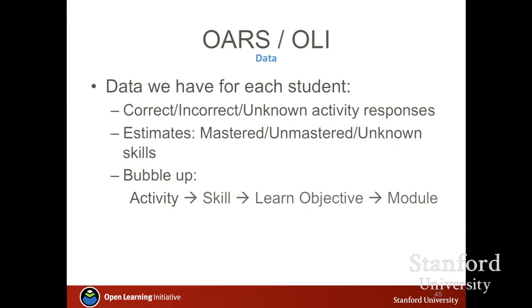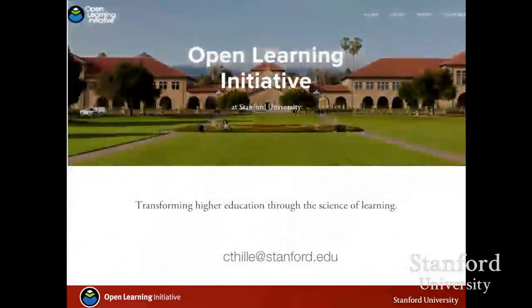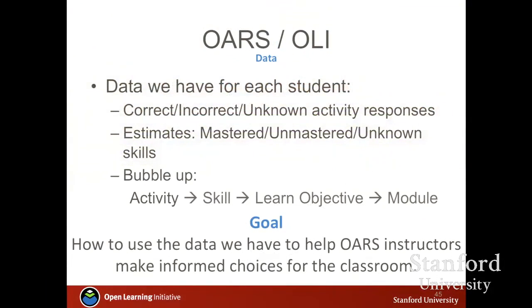So anyway, this was just the data we have. Then I was going to ask you, given this is the data that we have, and given this is the goal that we have, how would you use that information? What kind of representation of that information would you make to support a faculty member to change their behavior? That was the task. So anybody who wants to work on that.